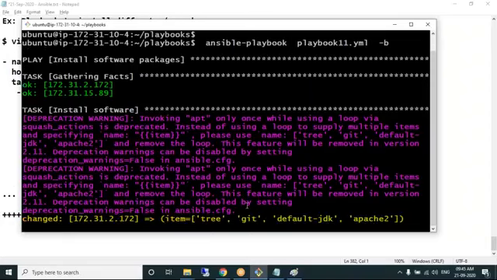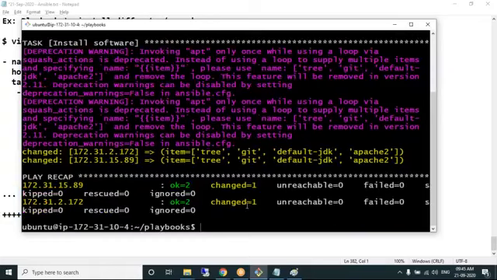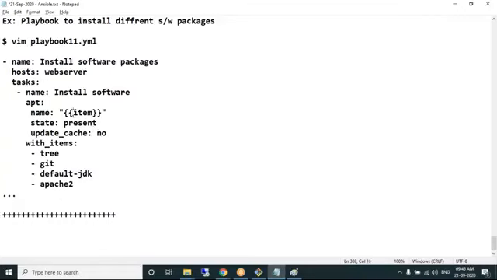Yes, it's working on the first machine. It is taking time because the loop should execute 4 times, and it has been successfully completed. Two things you need to keep in mind when you want to implement loops in Ansible. First point: the variable name, you cannot declare it as A, B, C, D, whichever you want. The variable name should be mandatory as item. Mandatory.